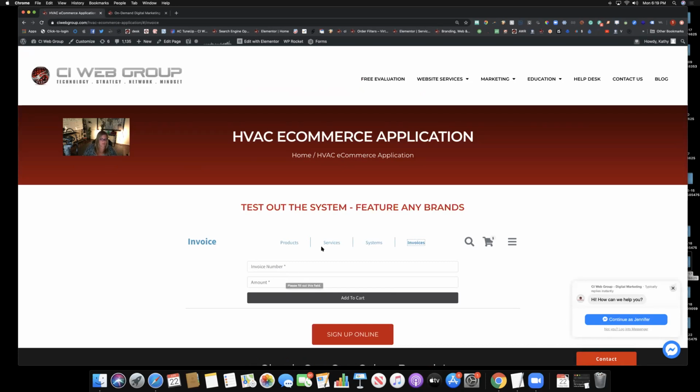The chatbot can be programmed to allow them to get an estimate or a quote, to collect information. It basically works 24 hours a day, 7 days a week, and it generates leads while you sleep. And it can be fully integrated if you have both the e-commerce application as an add-on on your website, as well as the AI chatbot. Now they can troubleshoot, shop online, pay an invoice, order filters, and do everything completely automated from your website and your artificial intelligence chatbot.